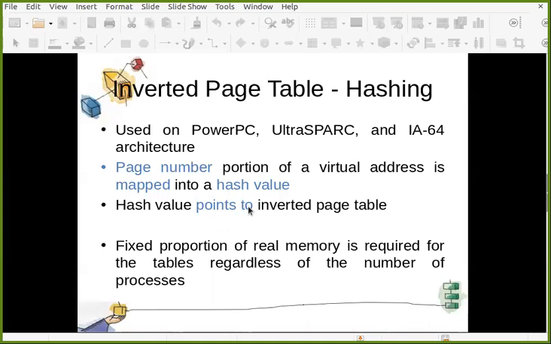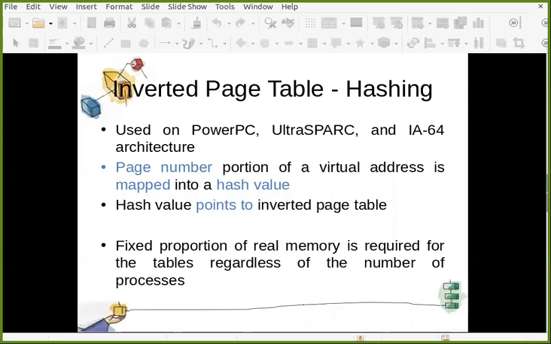Now, if you convert the page number portion of a virtual address using a hash value, it is possible that different page numbers have the same hash value. Have you gone through this hashing idea, maybe in DSA or data structures? It is a simple function which is used to convert one value into another value. So when you use a hash function, it is possible that different pages of different processes are mapped to the same hash value.